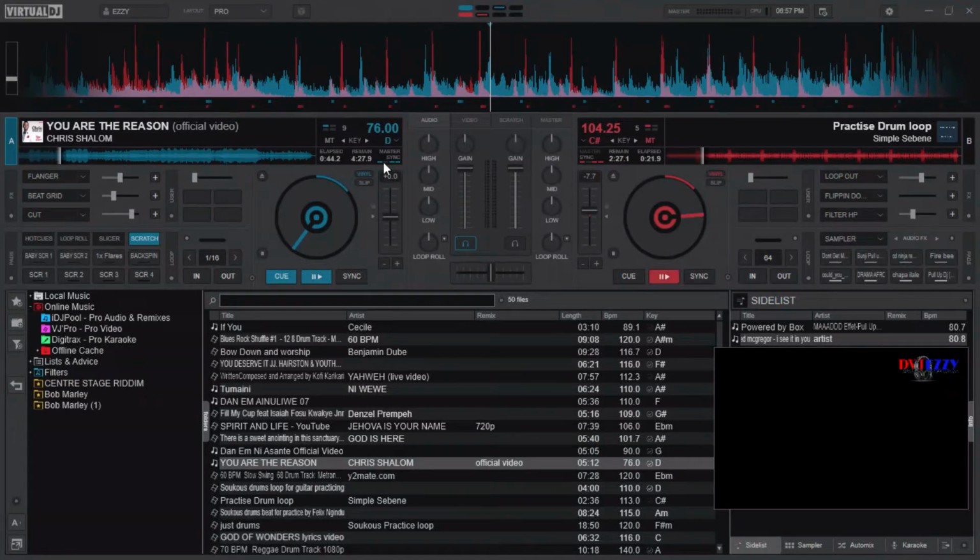I'm not trying to market Virtual DJ, but I think this is the best kind of virtual console that can help you mix live. Others will help you place the song and try to match it and do a lot of effects. They are basically audio editors, but this one is some kind of live performance. Whatever you do, you have to have that DJ understanding, and you'll be one step ahead of those people maybe who are trying to match songs using other software.